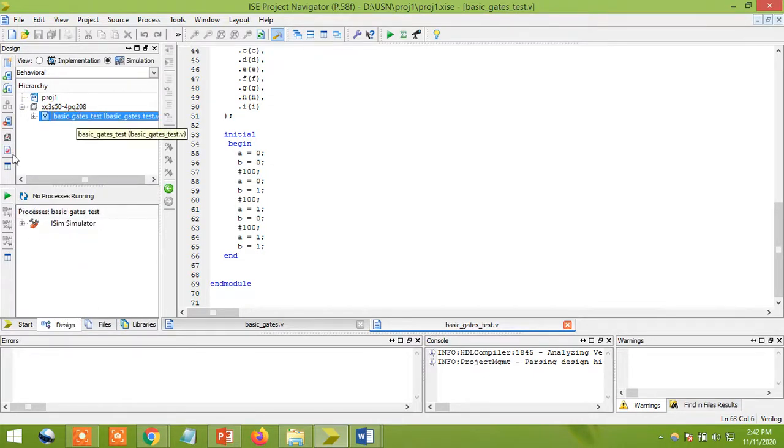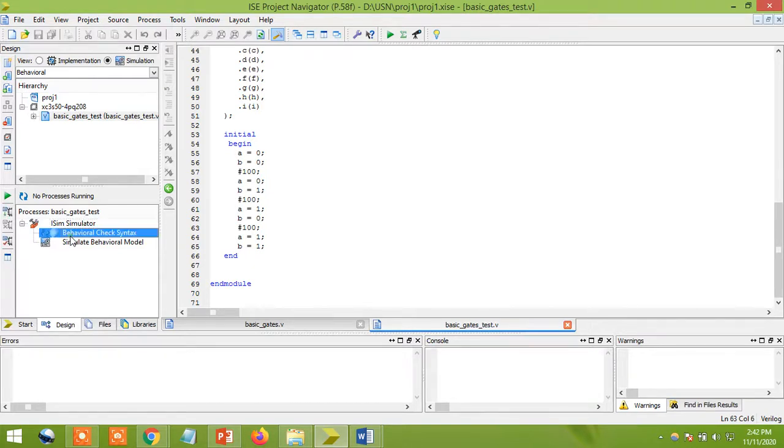Once you click, one option will come, iSim simulator. Click on this checkbox. First, you can check whether there is any syntax error in my test bench program. Same process, just double click here. No errors. If there is an error, it will be displayed and you can rectify it here. Next, select simulate behavioral model.